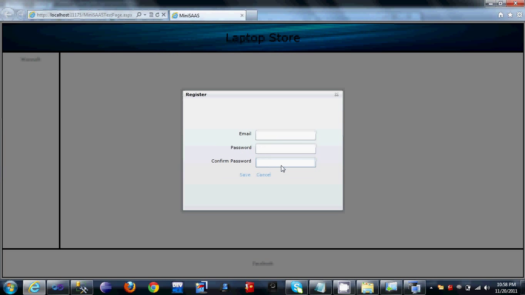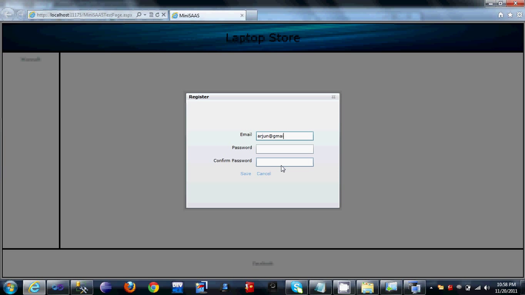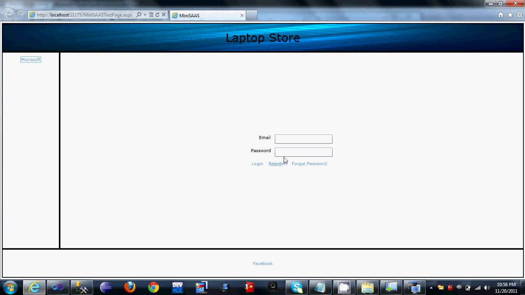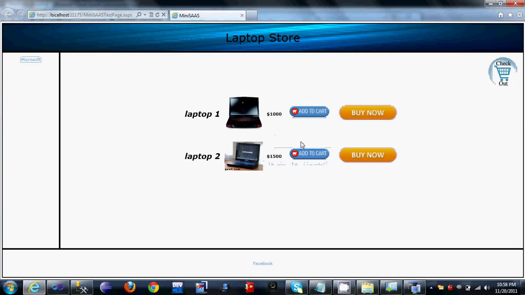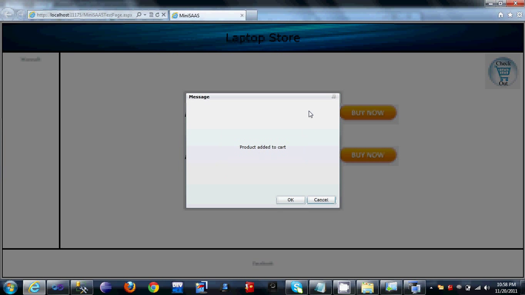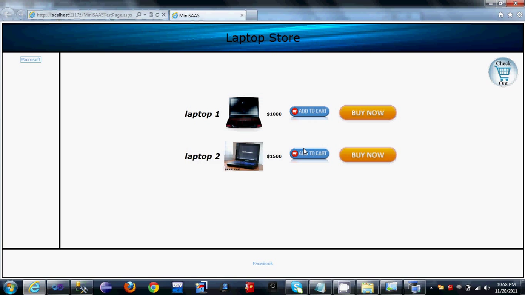I need to first register myself. Now I can log in. These are the two laptops which we just added in the previous step. You can see the price over here. Add to cart, buy now, checkout. Let me buy both the laptops. I'm going to do add to cart on both